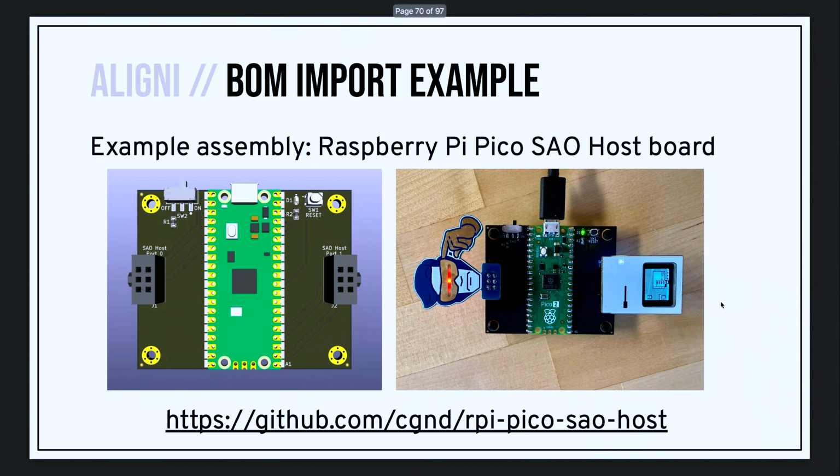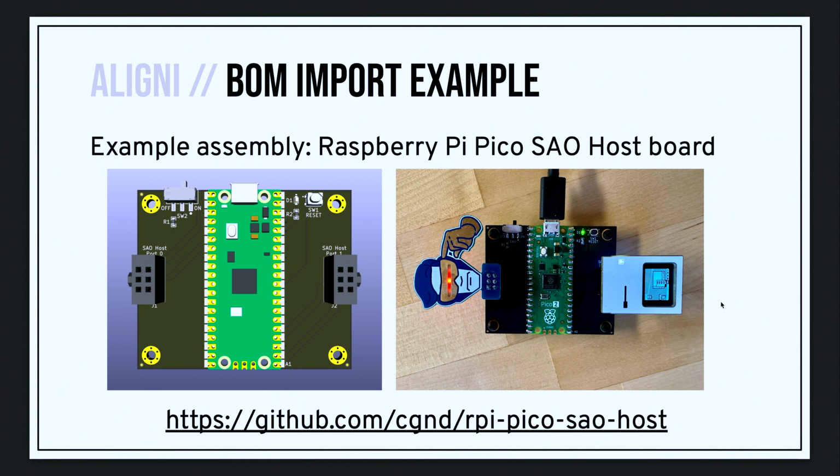So in this case, we'll walk through an example of how to actually take the parts from the schematic and import those back into Aligni to create a bill of materials for that board that you can then use in Aligni to represent the BOM for that board. And you can then share that with an external vendor, like a contract manufacturer, who's actually going to go and